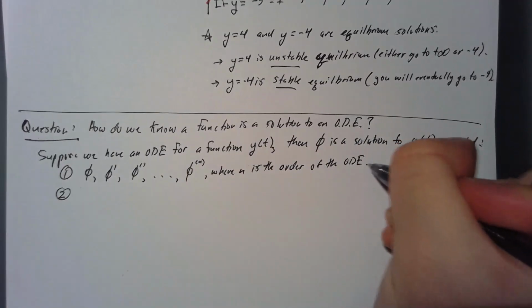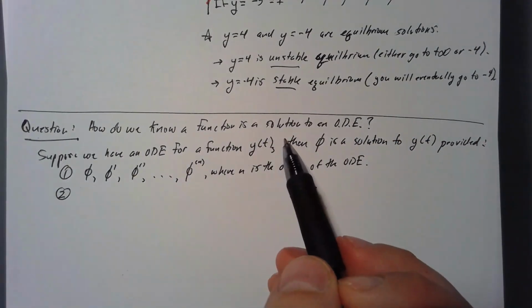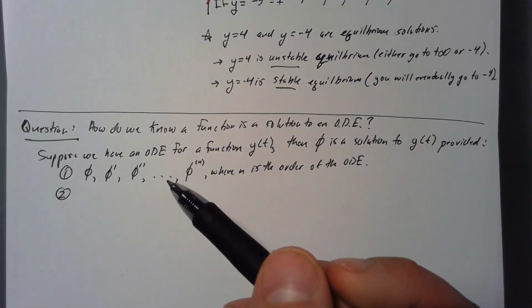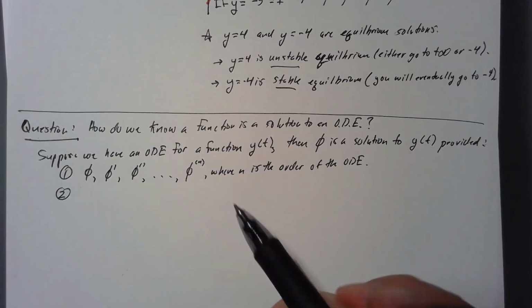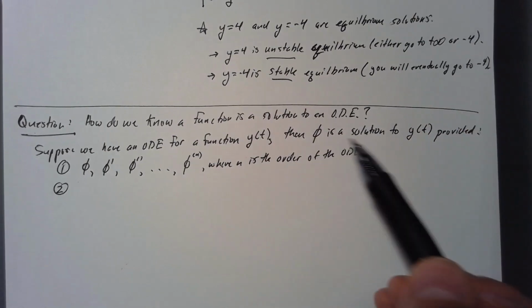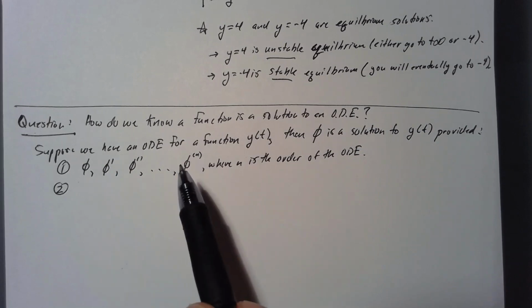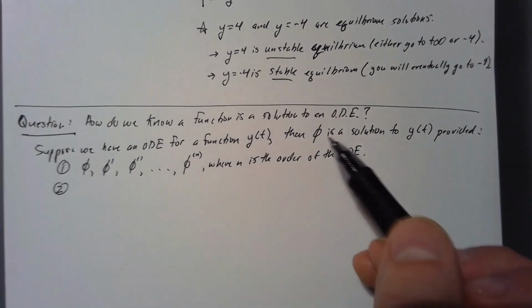What is the order of an ODE again? It's the highest derivative that occurs in the ODE. So let me finish this statement off. So phi is a solution to the original function, provided all the derivatives up to the highest order of the ODE